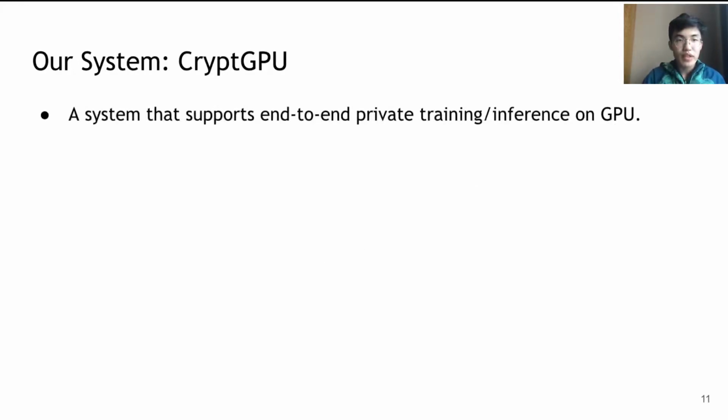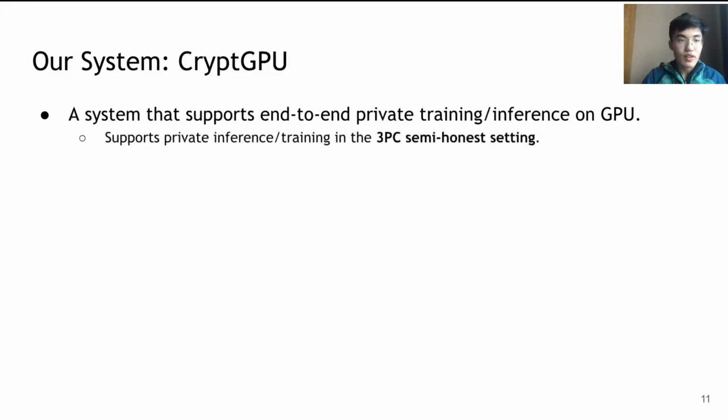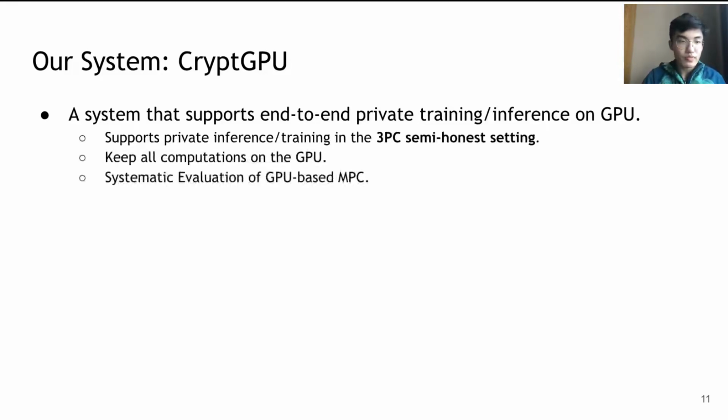We present our system CryptGPU, which supports end-to-end private training and inference on GPU. Our system supports private inference and training in a three-party semi-honest setting, and we keep all of our computations on the GPU. We've done a systematic evaluation of GPU-based multi-party computation and observed that both linear and nonlinear operations benefit